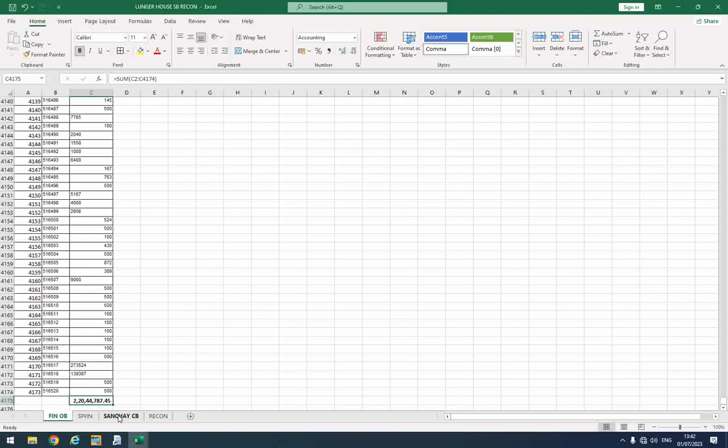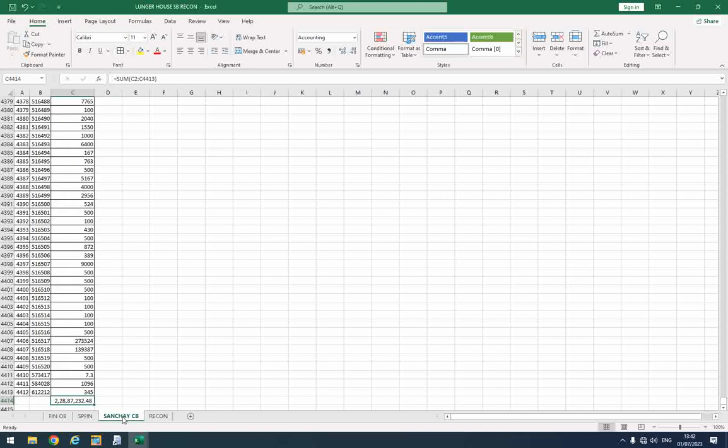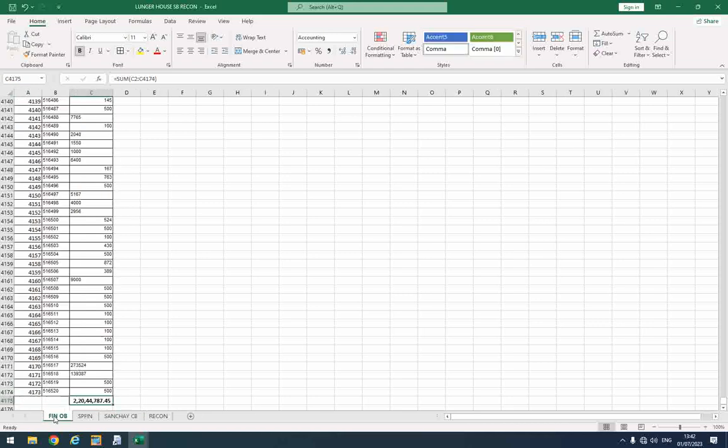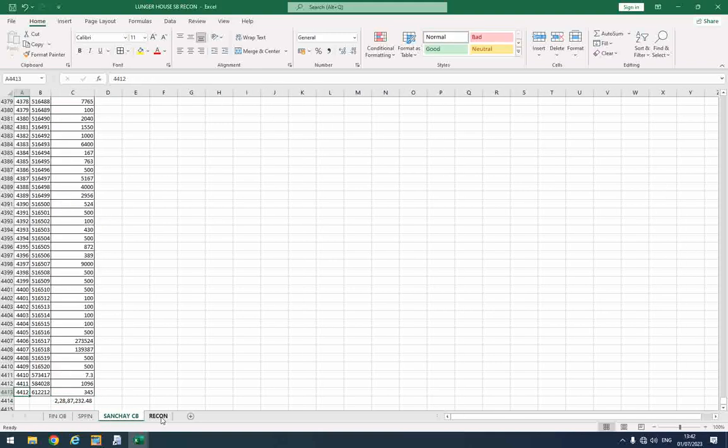You can see that this is to be reported for every scheme in a tabular format, and the number of accounts as well. How many accounts there are as per the Sanchay Post, and the number of accounts as per the Finacle. Once all this exercise is done,